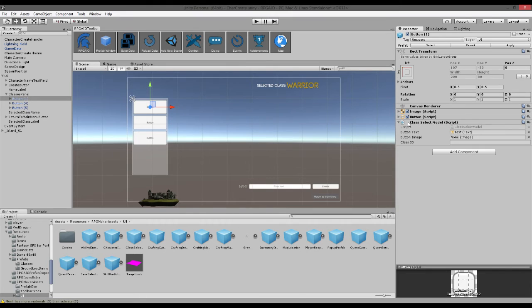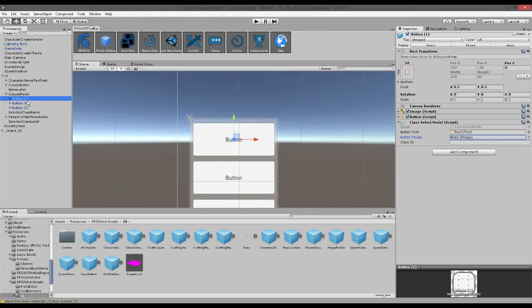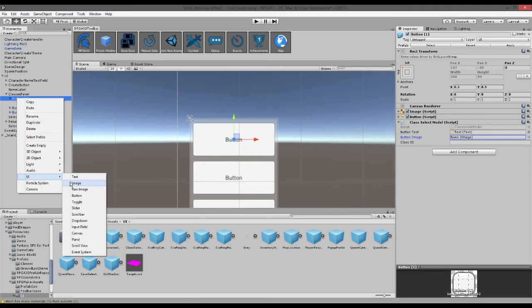So if we go here, you'll find we have a class select model. So this is a script that's required on any button that's instantiated into this panel. It just allows us to select the different classes. So we can actually have an image here. So if you go inside this button, we can actually add an image,